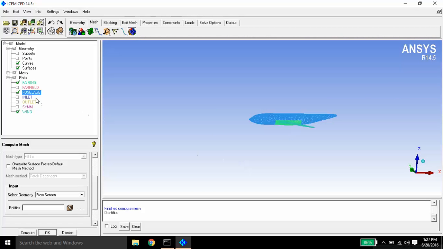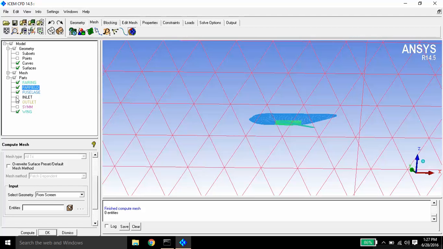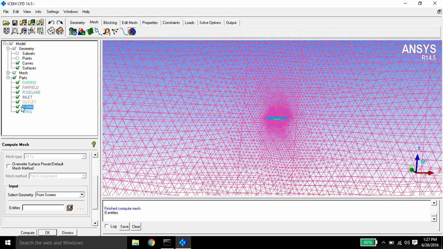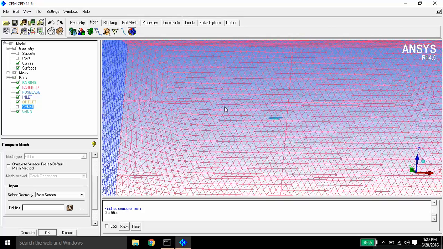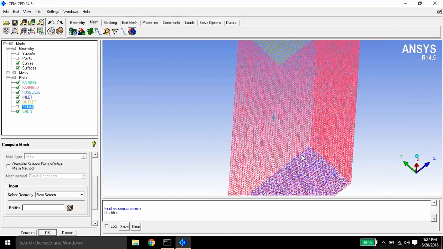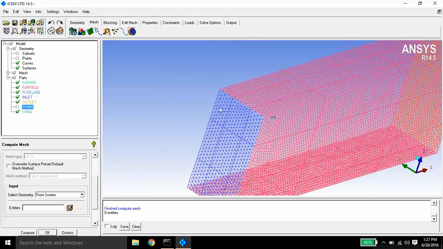Now we can turn on the surfaces. So this is our domain for an aircraft.